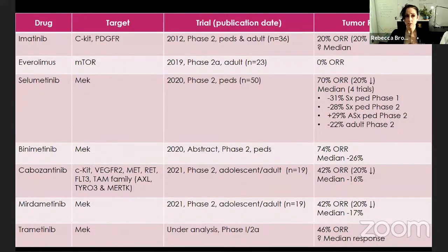One other thing I should mention, these are some of the drugs that have been tested. The one that was approved in 2019 is selumetinib, FDA approved for pediatric plexiform neurofibroma. There's no FDA approved drug yet for adult plexiform neurofibroma. However, part of the limitations of these trials, before I go through them, is that you have to choose a